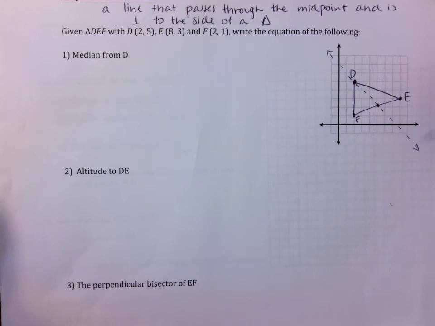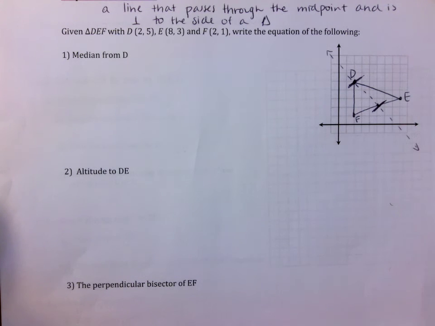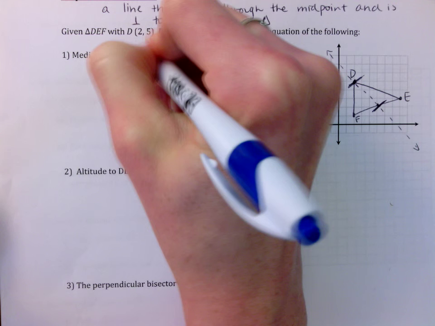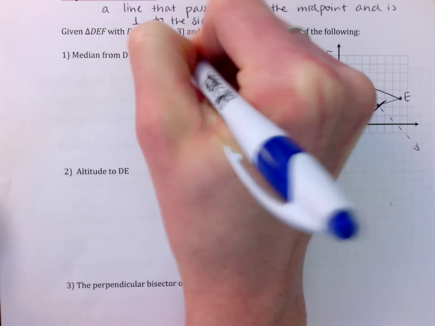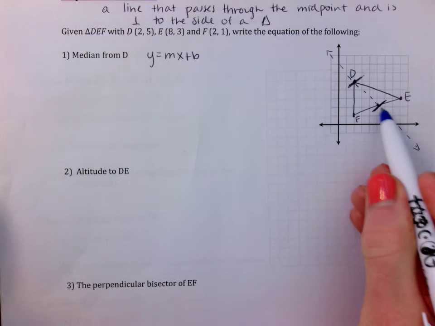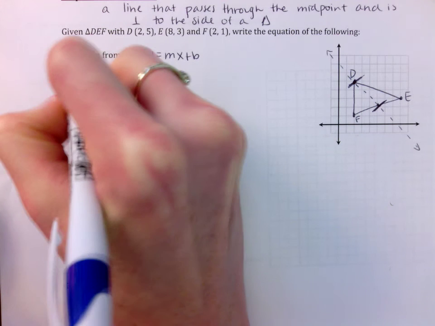It's going to be a line, and part of that line, this part of it, will be the segment. So the median is actually on this line, but we want the equation of this line preferably in y equals mx plus b form. So let's go ahead and do that. So the first thing you're going to need to do to find the median is find the midpoint. So first step is find